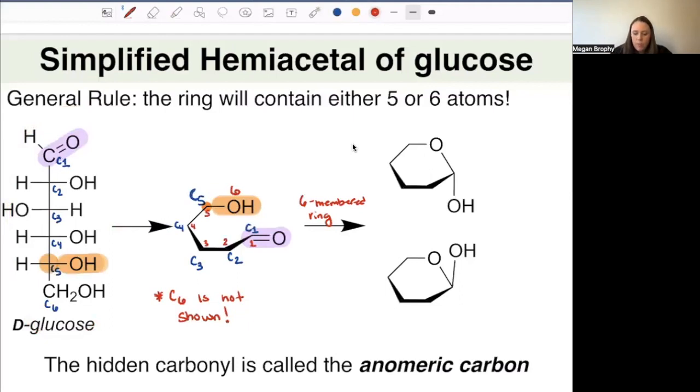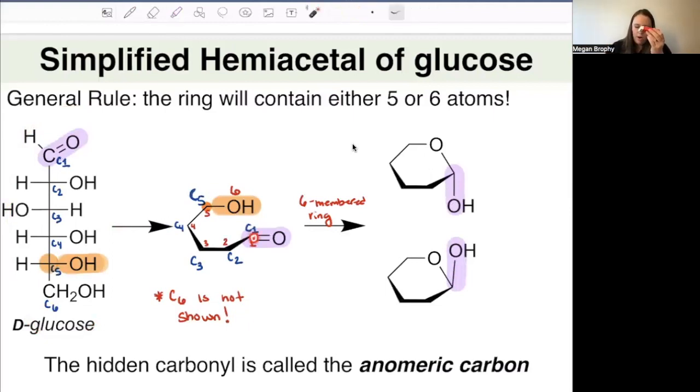Okay, so when we make our ring, we have our C1 and that hydroxyl group. If you imagine this ring as being flat, like we're looking at it like a deck of cards, there are 1, 2, 3, 4, 5, 6 members of that ring. When we make the ring,